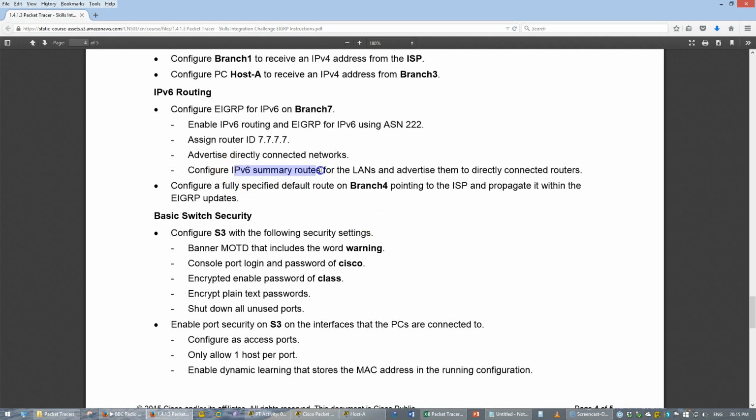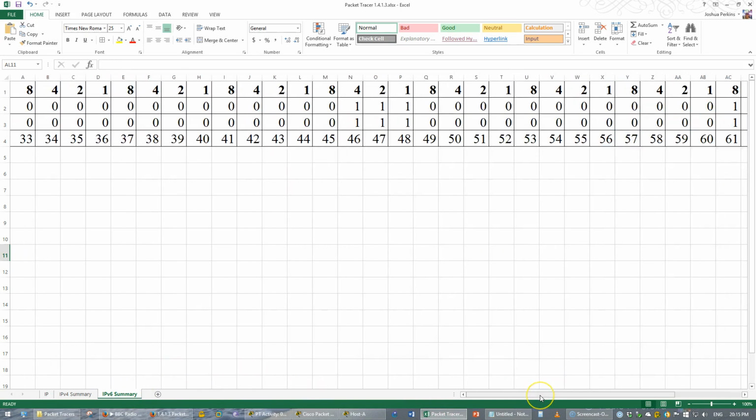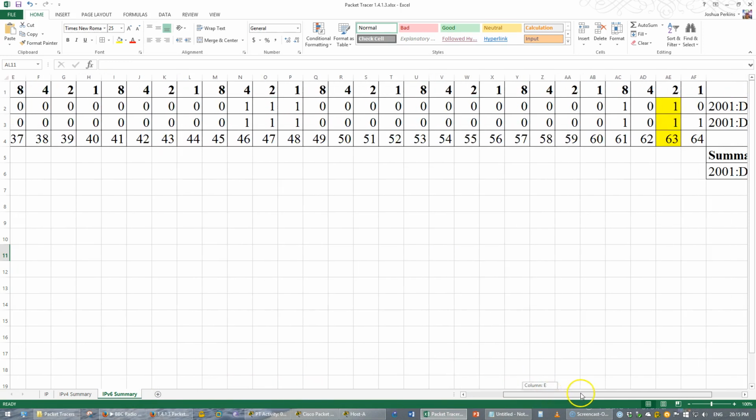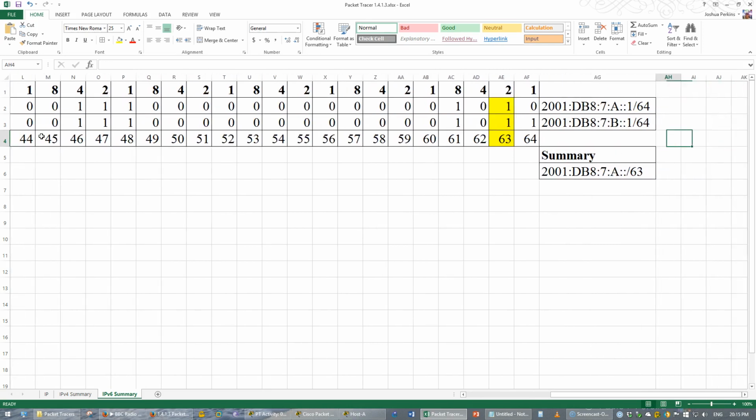Create IPv6 summary routes for the LANs and advertise them. And then a fully specified default route. We'll come back to that one. All right, I already did my summaries here. Right here are the bit values, and the matching bit is the 63rd bit. Here are the LANs